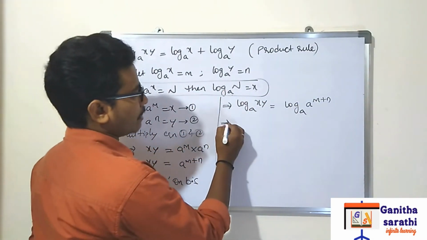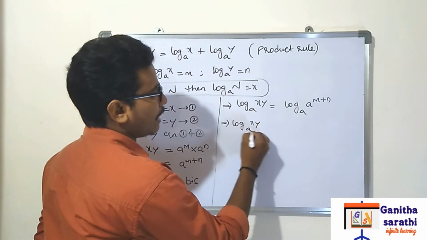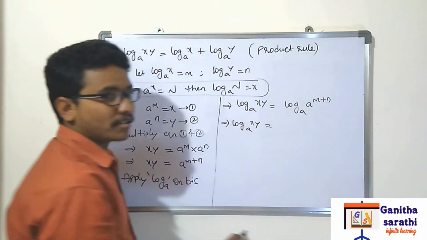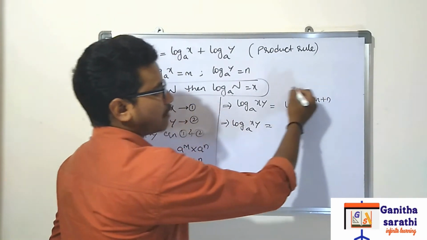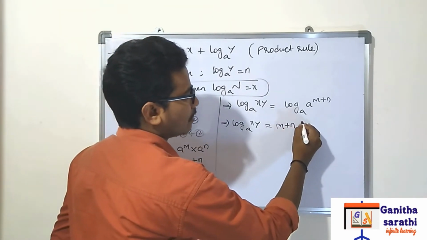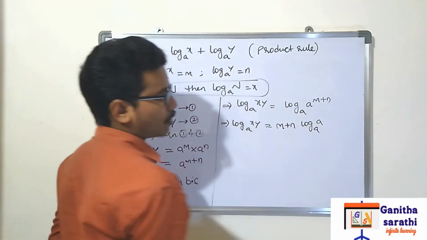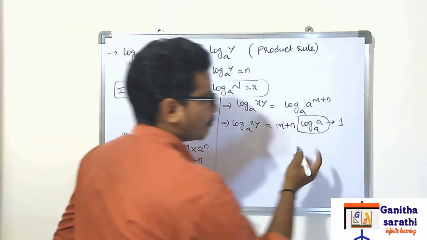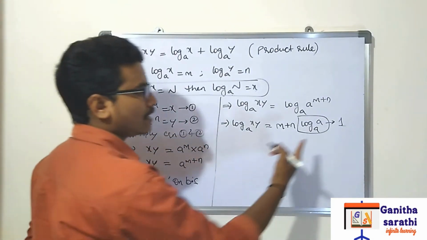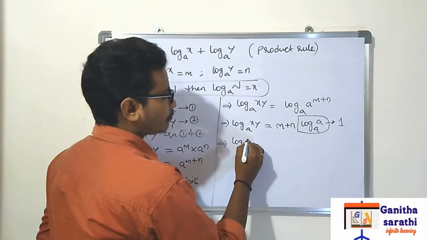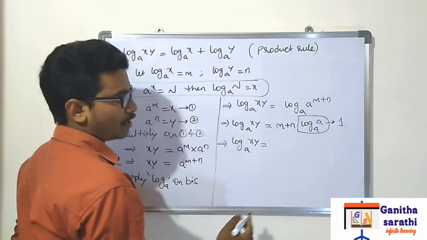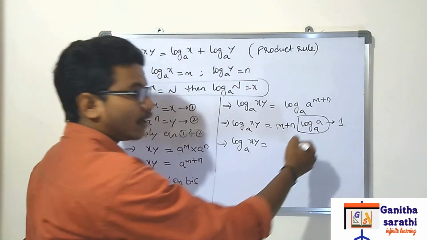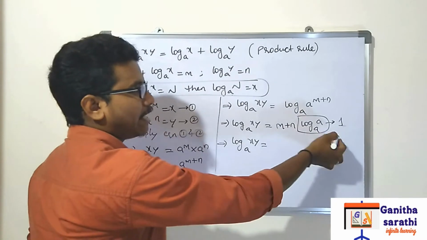Now see, log of x into y base a is equal to, I have already said you, right? If there is power on logarithms, it will be coming to front side. Means m plus n will be coming like this. M plus n log a base a. Okay, m plus n log a base a. We know that log a base a value is 1. Before we have discussed the formula, right? Log a base a is equal to 1. So log of x into y base a is equal to m plus n into 1. M plus n into 1 will be m plus n, right? Log a base a means 1. M plus n into 1, m plus n.